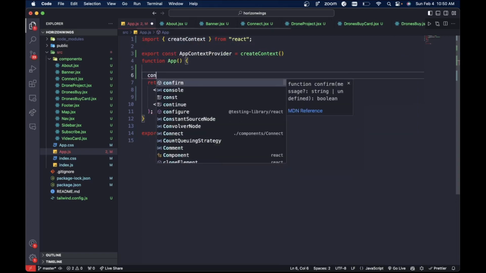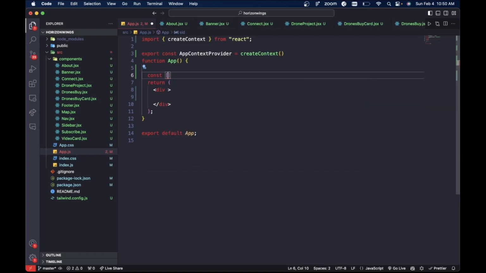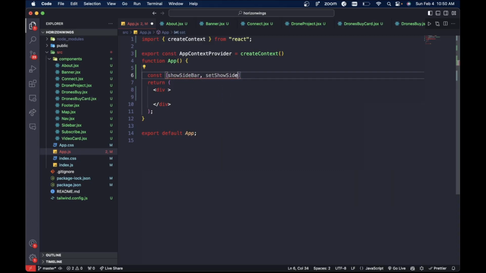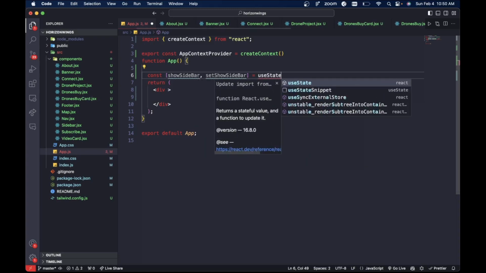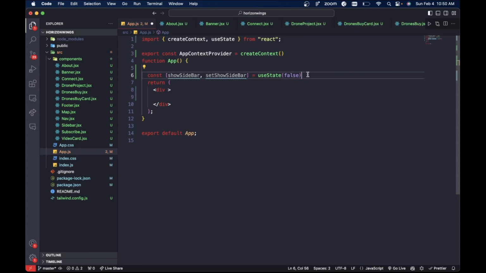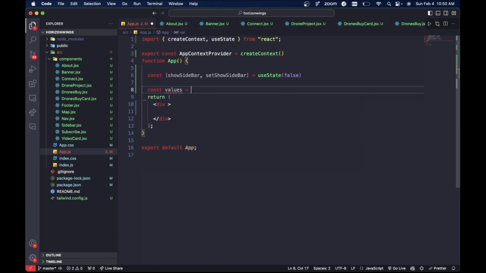Let's go down here. We're gonna call this const showSidebar, where we use state. Initially it will be false. We're not gonna show the sidebar. And then we're gonna want const. We're gonna call this values. Okay. We're gonna set showSidebar,